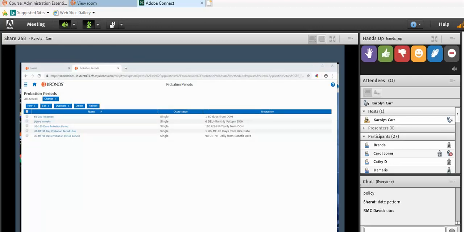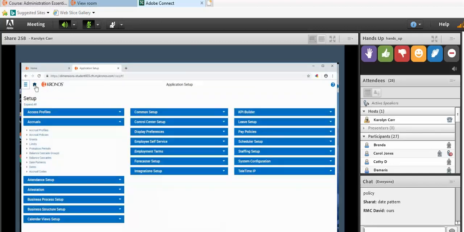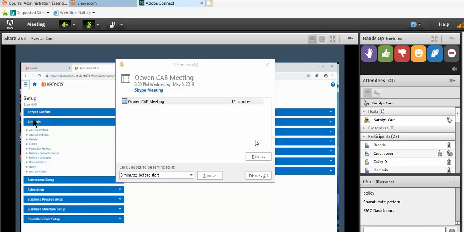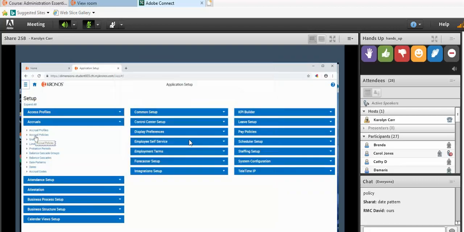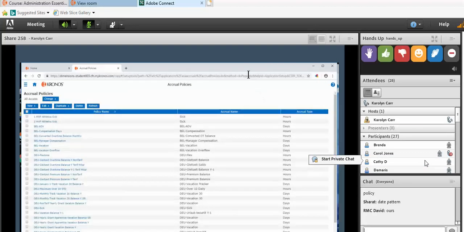But what we're going to do is duplicate a policy. Go to your home icon at the top left, give it a click. Okay, not the main menu, the little house. And move to Accrual Policies. Go ahead and choose that from your accrual folder. I have quite a few policies. The one we're looking for is